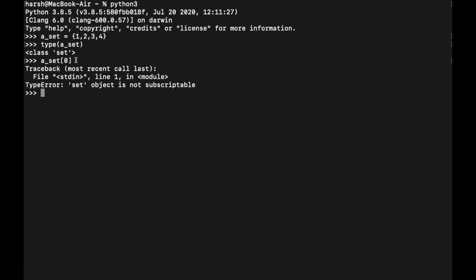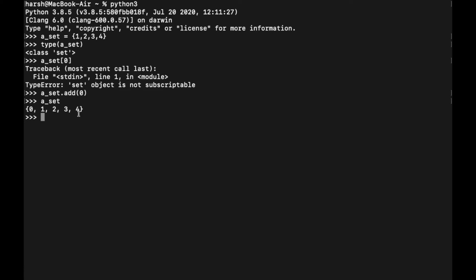So this means that all the possibilities to reassign any particular index in an element are gone. We cannot reassign any element. We cannot update any element. But what we can do is remove any element and then add any element. So how to do it in a set? There is a function called add to add any element within a set. Now let's say I am using this function to add 0 in it. Dot add 0. Now if I check my set, I get 0, 1, 2, 3, 4.